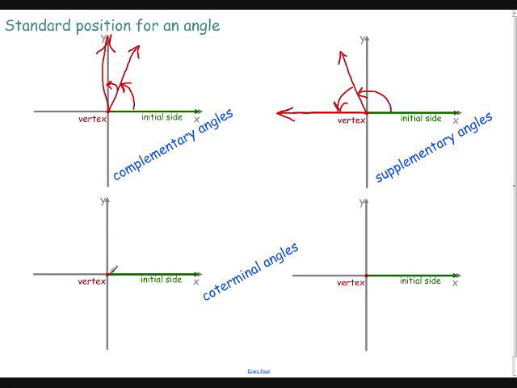Coterminal angles. Oh, this is a good thing to talk about. Suppose I have this angle here, which looks to me, let's say it's 45. One of the things you better be careful of, my drawings are not necessarily precise, but we're going to say this one is 45 degrees. And over here, I'm going to say that this angle is, now don't be blown away by this, let's hope I get my math right,